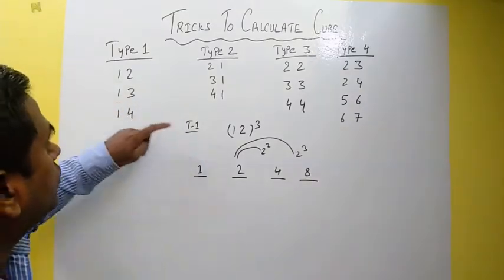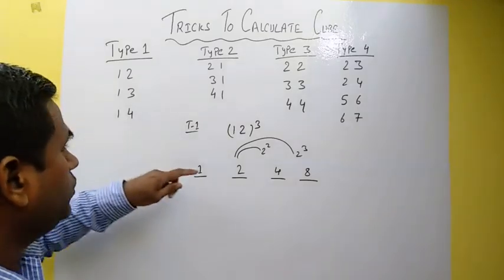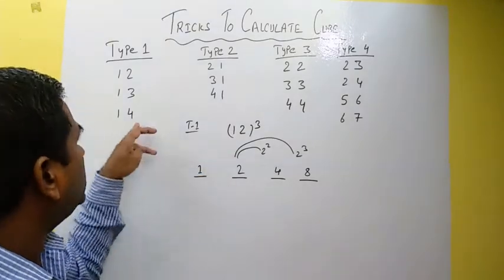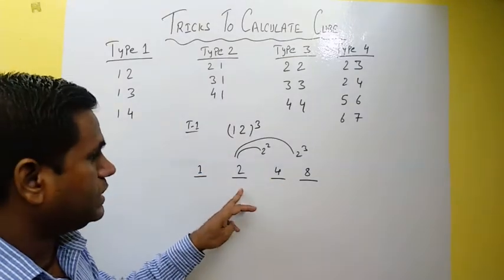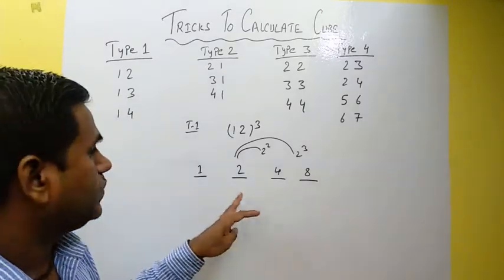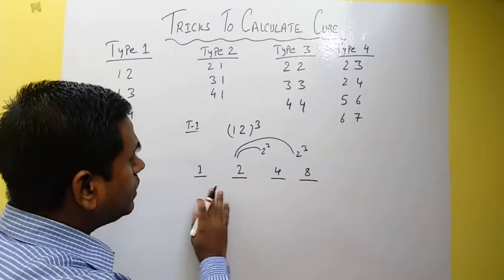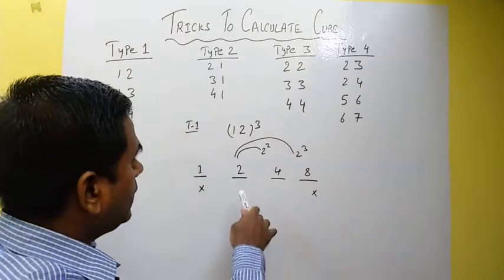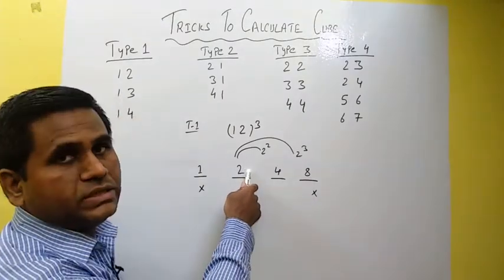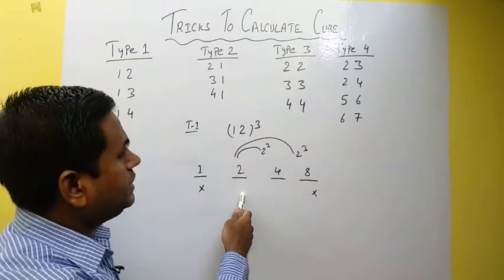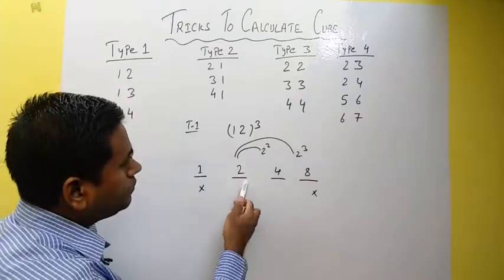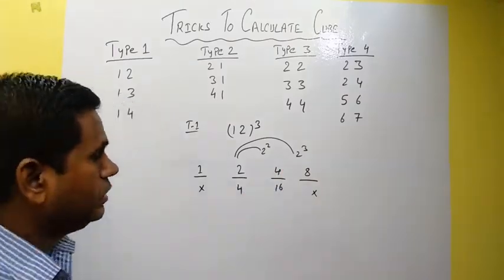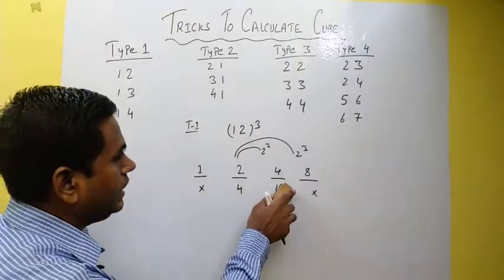Similarly, if you are to calculate the cube of any number of type 1, you can do it like this: first place 1, second place the second digit, third place the square of the second digit, and fourth place the cube of the second digit. Now once we have filled this, leave the first and the last digit, and for the second and third digit, whatever digit is given above, we have to double it and write it down, for addition. So double of 2 is 4, double of 4 is, no sorry, double of 4 is 8.